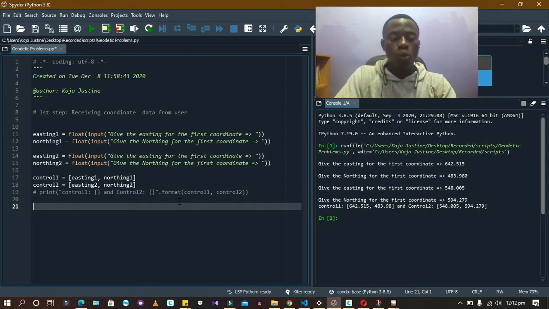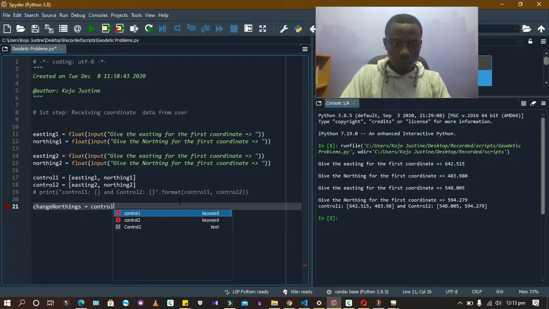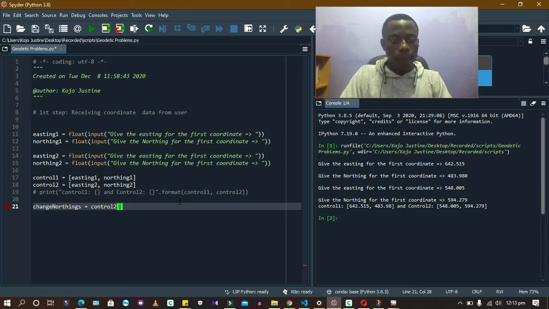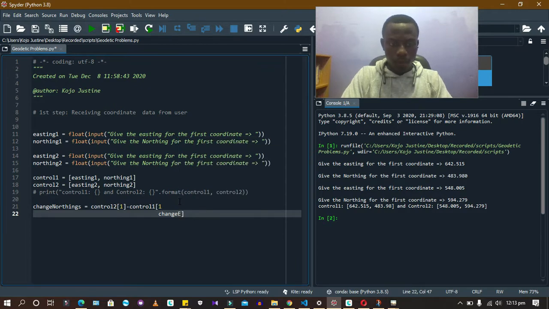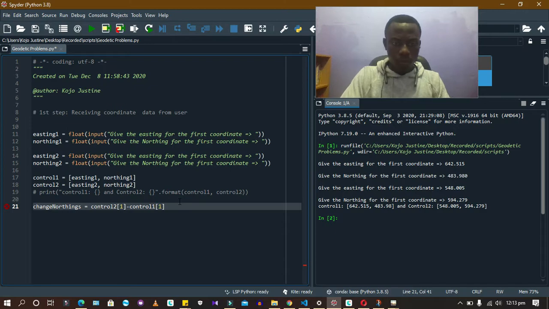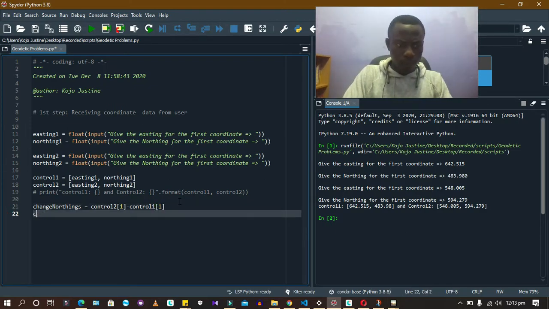So change the nothings. I'll change the nothings to be control 2 minus control 1. Okay, so control 2 nothings is the second one, so minus control 1. Don't worry, I'll explain what is happening very soon. And then the same for the eastings. Change eastings. Control 2 0 minus control